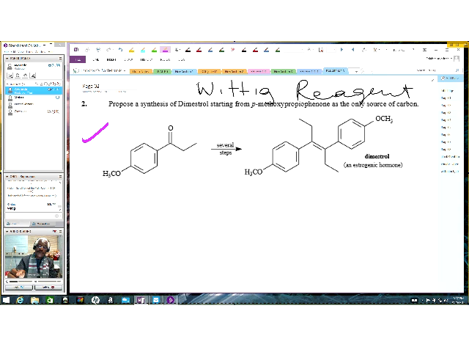Okay, let me give you a hint. To make the Wittig, you need the alkyl bromide. So you need to convert this to a secondary alcohol first. And what reagent can you use to do that? You use sodium borohydride. Step 1, you guys already know that reagent. And step 2, hydronium ion. And so therefore we convert that molecule to